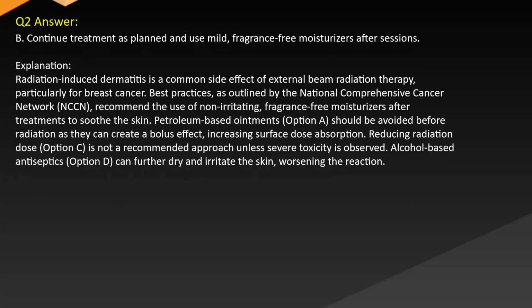Answer. B. Continue treatment as planned and use mild, fragrance-free moisturizers after sessions. Explanation. Radiation-induced dermatitis is a common side effect of external beam radiation therapy, particularly for breast cancer. Best practices, as outlined by the National Comprehensive Cancer Network (NCCN), recommend the use of non-irritating, fragrance-free moisturizers after treatments